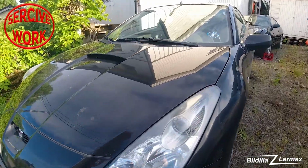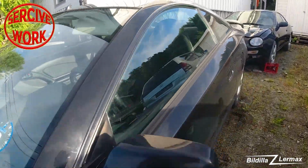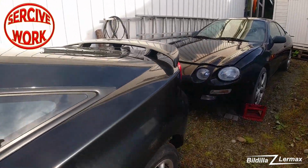Back to the channel. I'm out driving my oldest boy's Celica, 2000 model Celica. He was supposed to use this one for test driving. We had, of course, some things that were not perfect on the car, so we have worked on the brakes and things. When we were out driving yesterday, he was hitting a pothole, and then some